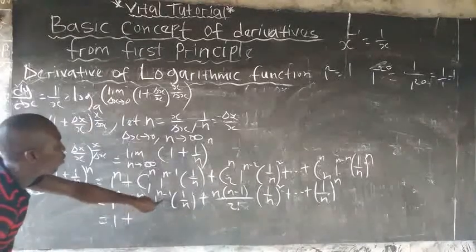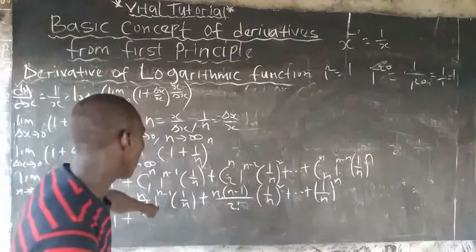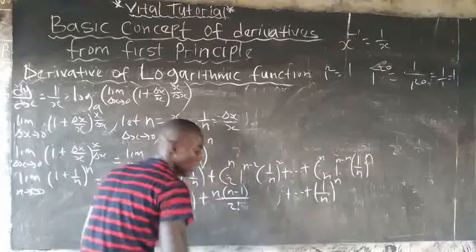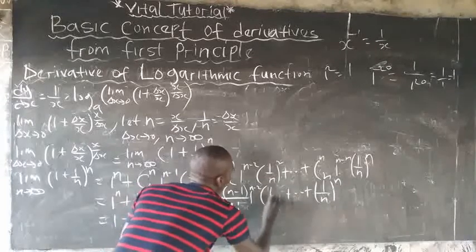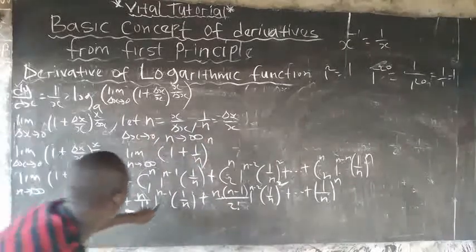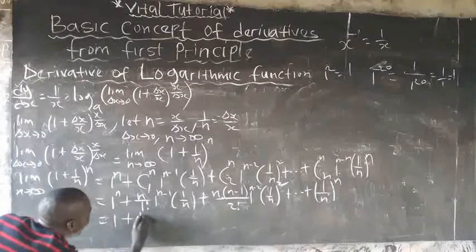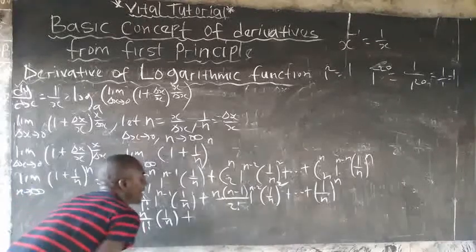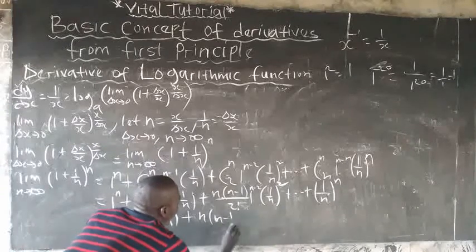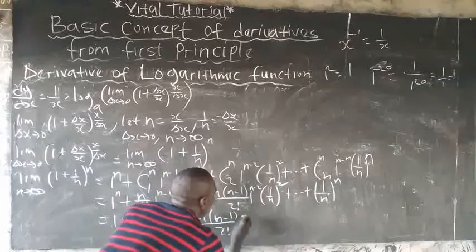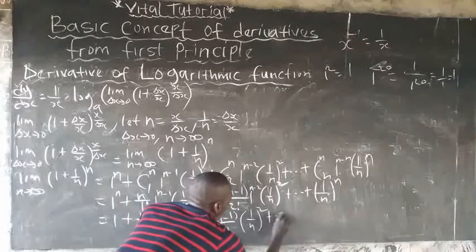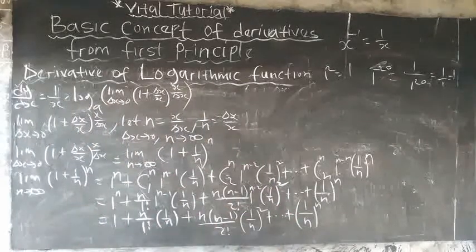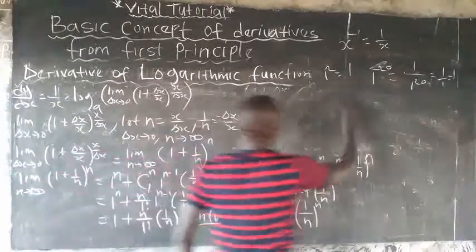Plus, don't forget this one will be 1. This one will be 1. I'm sorry, I did not put 1 to the power of n minus 2. Let me quickly do that so I can get a better understanding. So it will be 1 raised to the power of n minus 2 into 1 all over n raised to the power of 2. So this one is 1, this one is 1. So I'll be left with n over 1 factorial into 1 all over n, plus n into n minus 1 all over 2 factorial into 1 all over n squared plus dot dot dot plus 1 all over n to the power of n. Yes. So before I proceed again,